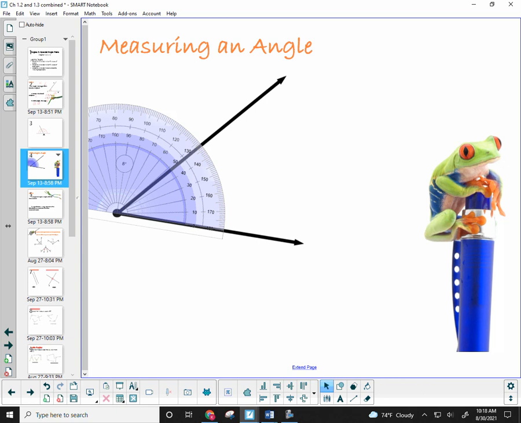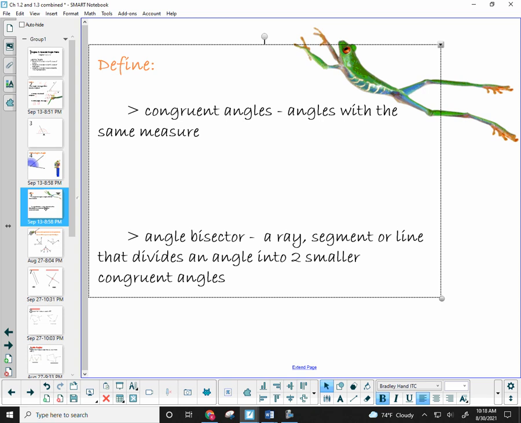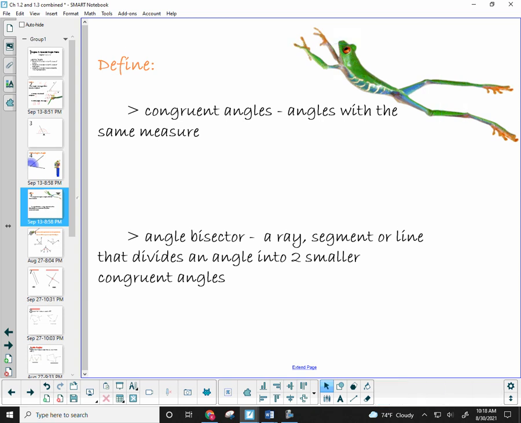Okay, so let's look past measuring angles. Got a couple more terms for you here. The next term is congruent angles. If two angles are congruent, that means they have the same measure. Just like we have congruent segments, segments with the same measure, right? So if we have two congruent angles,